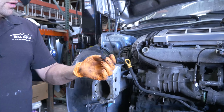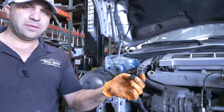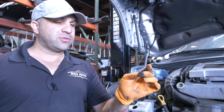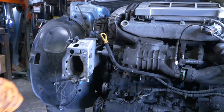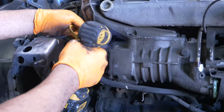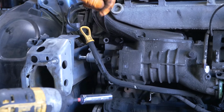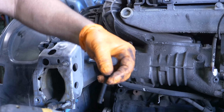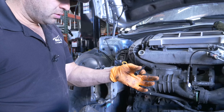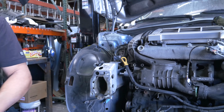And the bolts that hold the supercharger, they're all different sizes, but they're all black. Even if I clean this, it's still black. So you will know, like the supercharger bolts, they're all black. The top two bolts up here are the same length. The ones that go up to the top, they're also black. And then